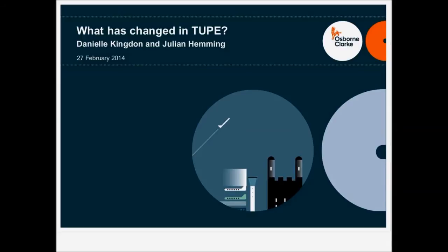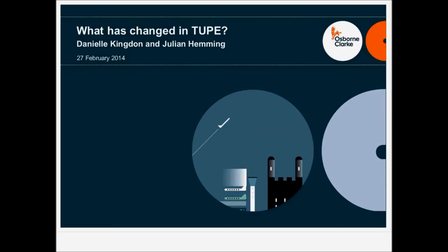In terms of the agenda for the webinar, we're firstly going to be looking at an explanation of what TUPE is, the situations in which it applies, and why it is business critical to understand the rights and liabilities associated with the TUPE regulations. We'll then run through the various changes which have been made to the TUPE regulations as a consequence of amending legislation which came into effect on the 31st of January this year. There are 6 key changes and we'll talk you through each of these in turn. After examining the new changes, we'll give you some practical pointers as to steps that should be taken by way of good housekeeping to enable your businesses aptly to respond to and adequately deal with these new changes.